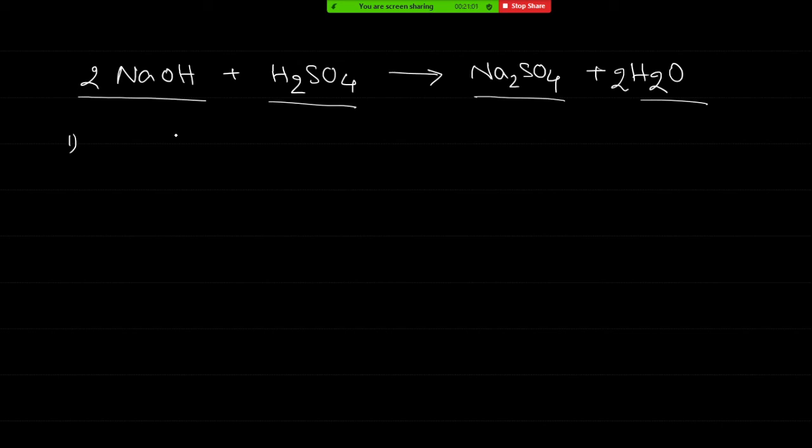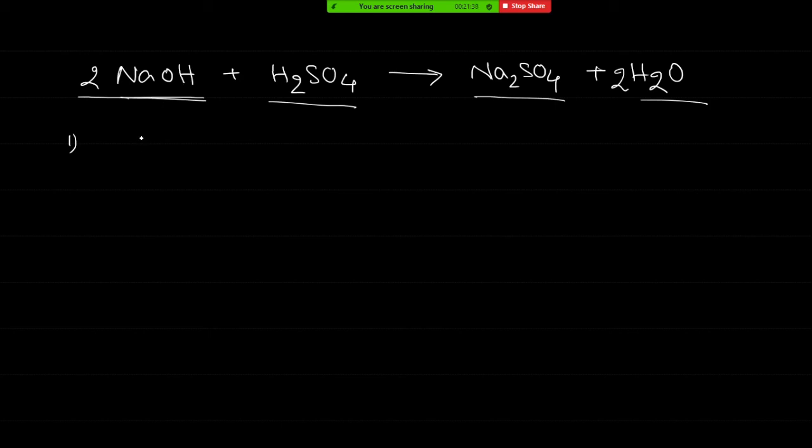Also, about the chemical composition of the respective molecule. Because it is a chemical equation, not a skeleton equation and not a word equation, we have to write the formula. Because we wrote the formula, we know how many atoms are there in sodium hydroxide, how many atoms of sodium, oxygen and hydrogen. These also we are able to tell.